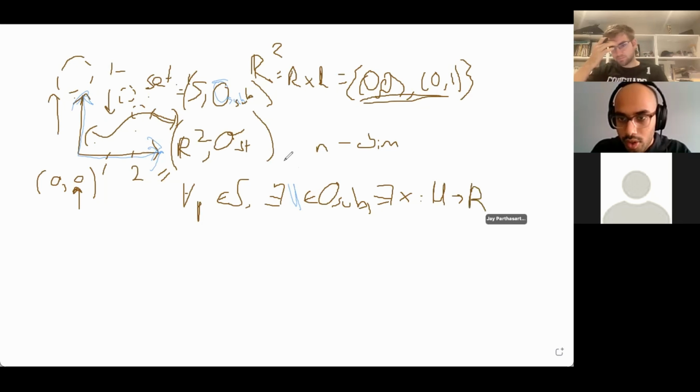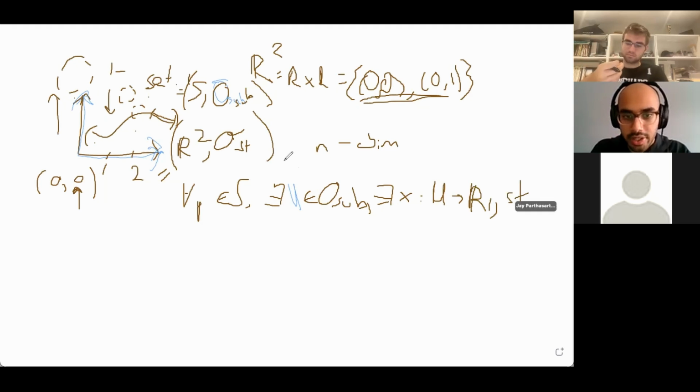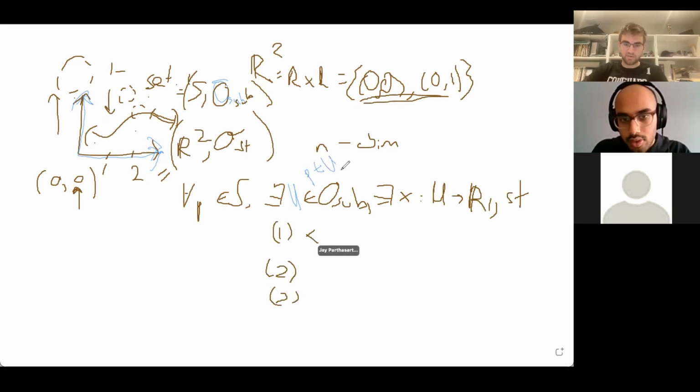So R1 is such that X has to meet these 3 conditions: 1, 2, and then 3. By the way, I'm just going to add this somewhere, but I believe P has to be a part of U. So the neighborhood you choose has to contain the point. Oh, right. Yeah, that is totally true. I forgot that. And then X is invertible